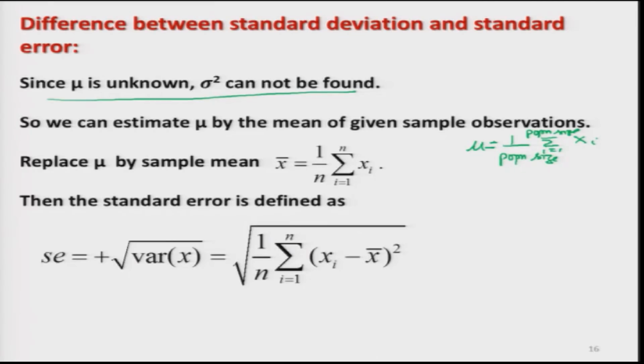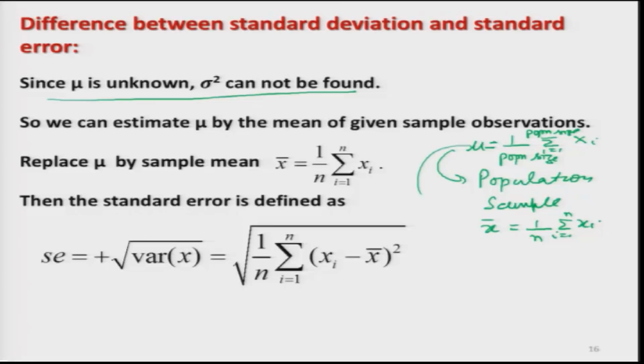So, I try to replace it by the sample value. This is for the population, and now for the sample I replace it by 1 upon n number of observations, i goes from 1 to n, xi, and I denote the arithmetic mean as x bar. So, now mu is unknown to us,